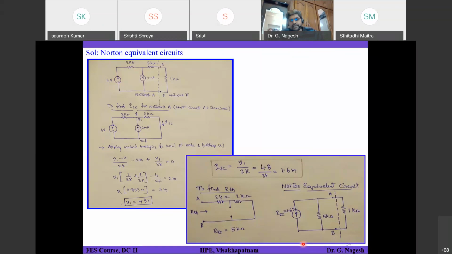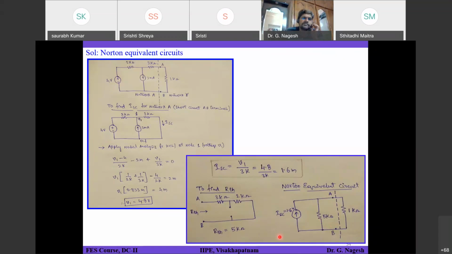If you find the current flowing through terminal A into the network, you can adopt any method, maybe nodal analysis or mesh analysis or whatever. Your objective is to find out the current flowing from terminal A into the network. Simply divide that 1 volt by this current. That will give you RTH. You got it? So that is a little bit tricky question and a little bit tricky to solve also.